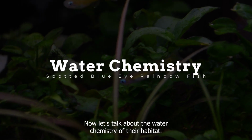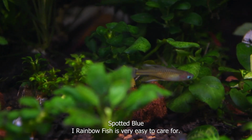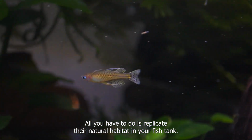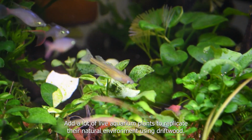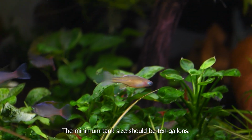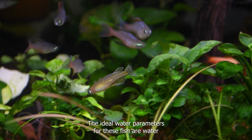Now let's talk about the water chemistry of their habitat. Spotted blue-eye rainbowfish is very easy to care for. All you have to do is replicate their natural habitat in your fish tank. Add a lot of live aquarium plants to replicate their natural environment. Using driftwood, multiple natural decorations can be added. The minimum tank size should be 10 gallons. The ideal water parameters for these fish are